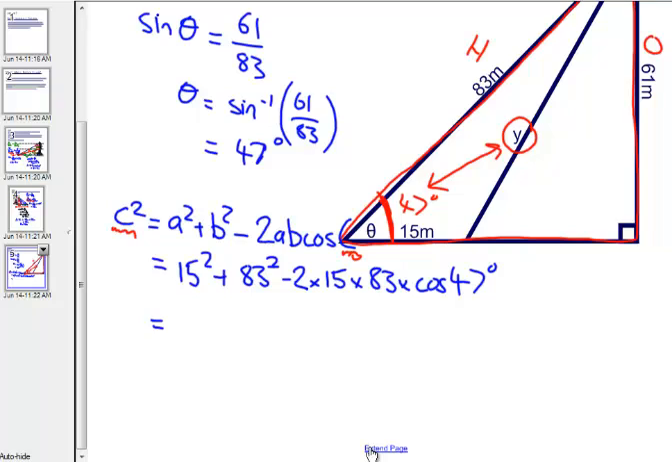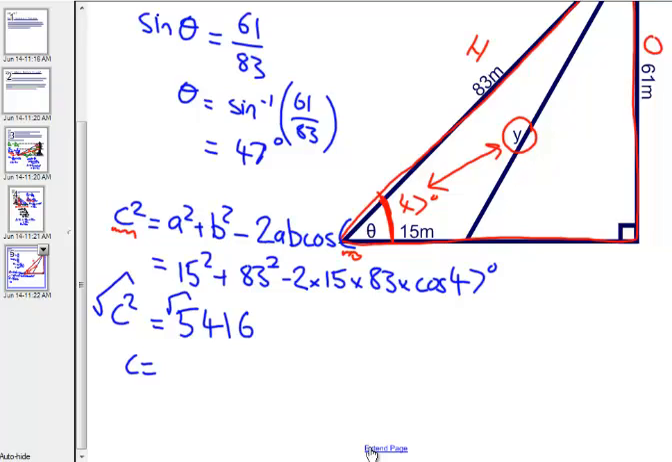I'm going to leave it right there and plug it straight into my calculator as is. 15 squared plus 83 squared minus, open brackets, 2 times 15 times 83 times cos of 47. Close those brackets. That leaves me with 5,416 to the nearest whole number. Now that looks a little big, but remember this is still c squared. So c is equal to